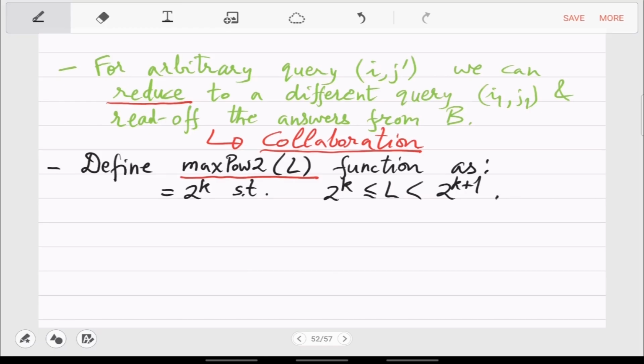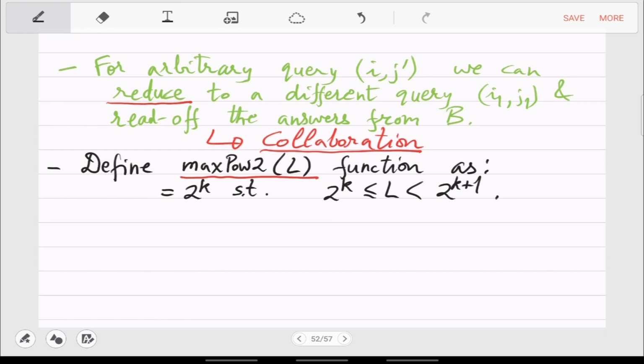But how much smaller? Okay, how to put this? Can 2 raised to k be smaller than L by half? No, right?